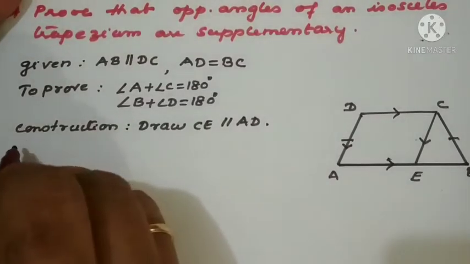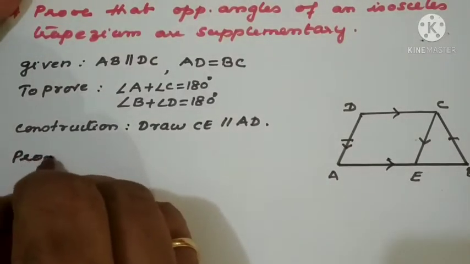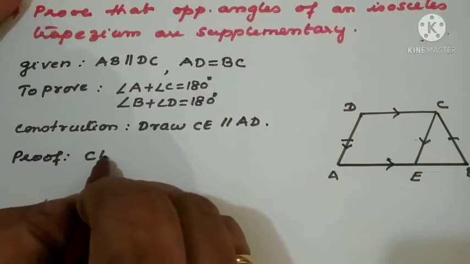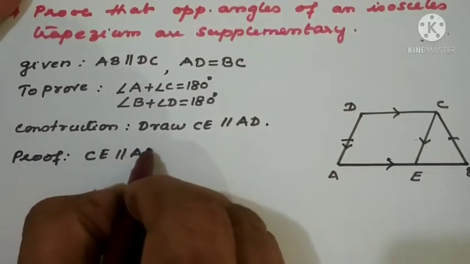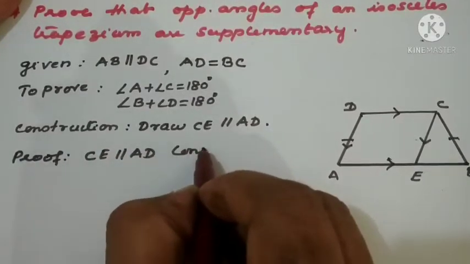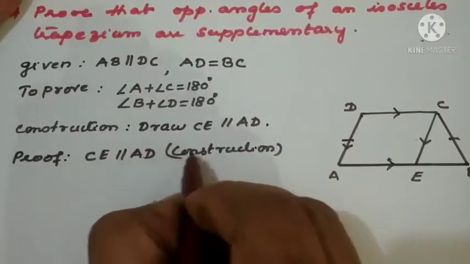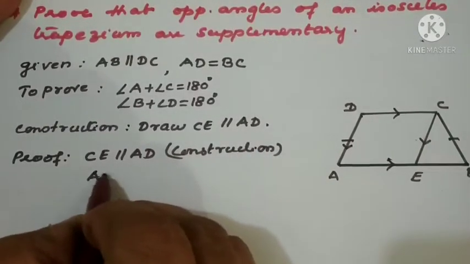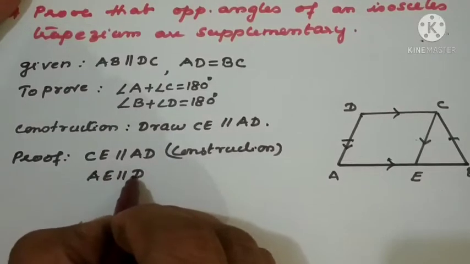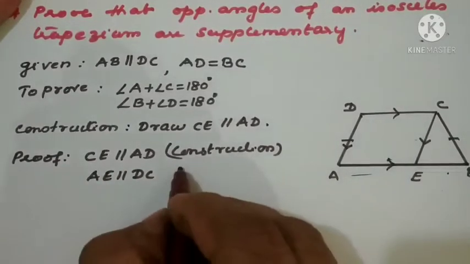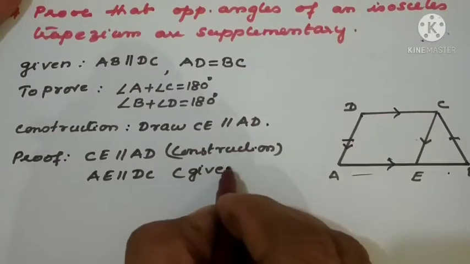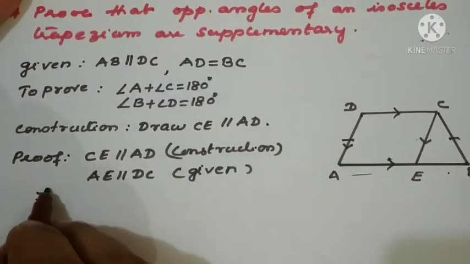Now proof. CE parallel to AD, reason is construction. Next, AE parallel to DC. It is given because it's a part of AB only. So it is given. This implies